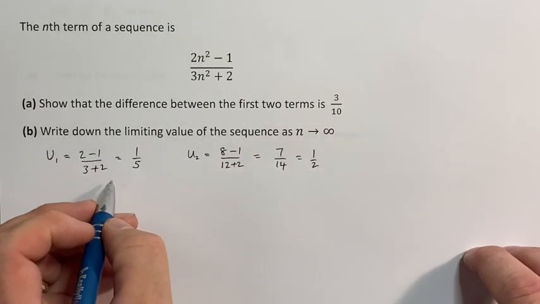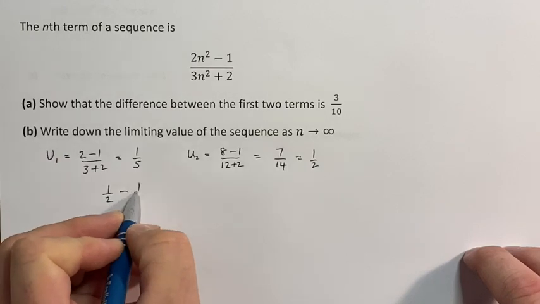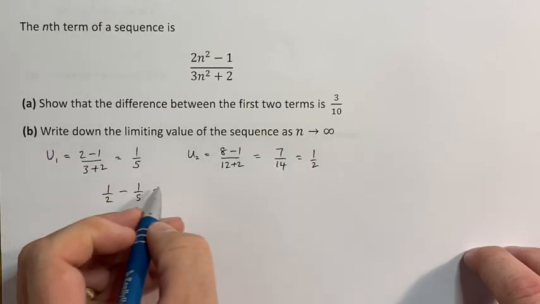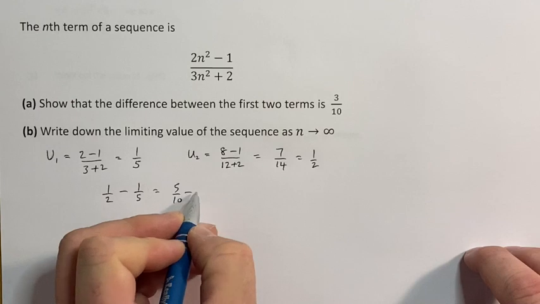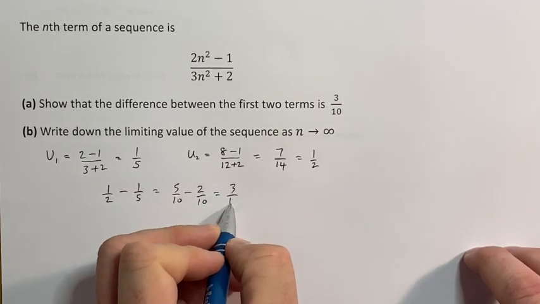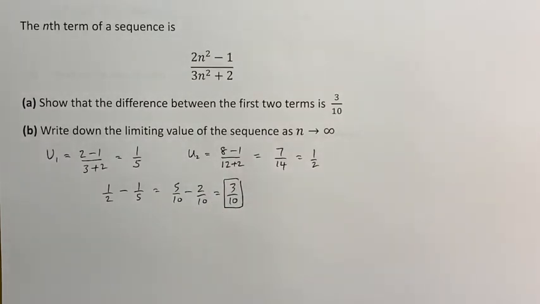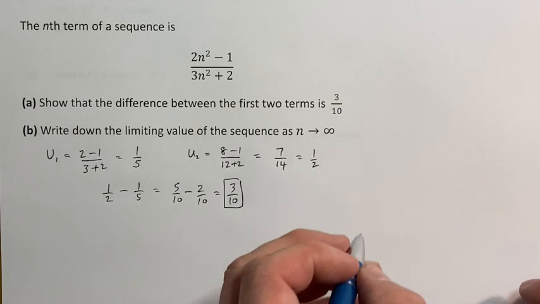So the difference between those two is 1/2 take 1/5, which is 5/10 take 2/10, which leads us to the answer suggested. Part A done. For part B,